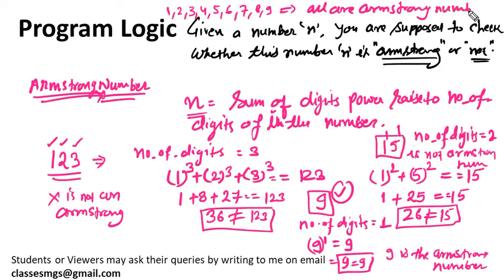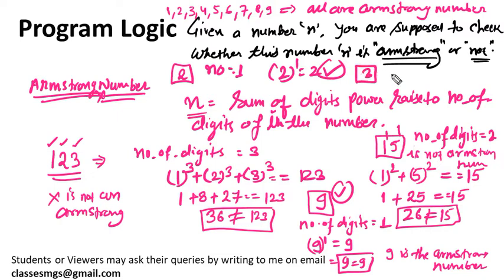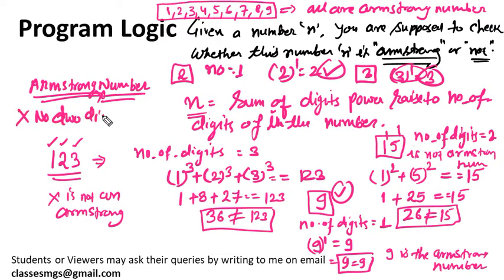Why are they Armstrong numbers? Take 2, for example. How many digits are there in 2? It is 1. So 2 raised to power 1 equals 2, which means it is Armstrong. Similarly, 3 has 1 digit, so 3 raised to power 1 equals 3, so this is an Armstrong number. So every single-digit number will always be an Armstrong number. There is no 2-digit Armstrong number. Okay, you can check. Let's try to check 3-digit numbers. I remember there is a 3-digit number that is an Armstrong number.